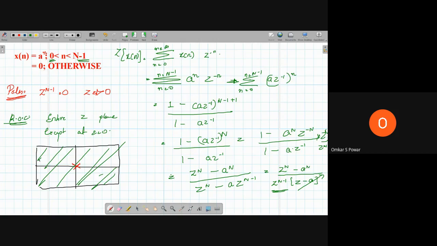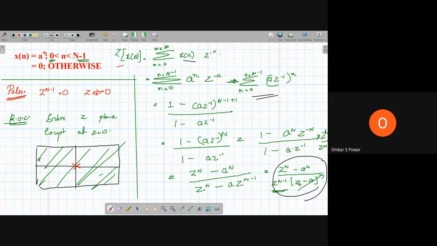So how did we solve this one? We'll go through it once again. Given the question, the first thing we have to do is write the formula. We have to substitute what is x of n, and simplify in terms of a formula like summation n varies from 0 to n minus 1 a power of n, which is 1 minus a to the power of n plus 1 divided by 1 minus a. Then we have to simplify this term so that our poles get cancelled there. Then we get the poles here, and then we have got this ROC.